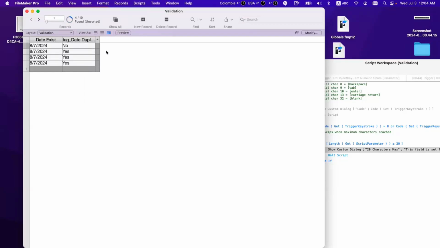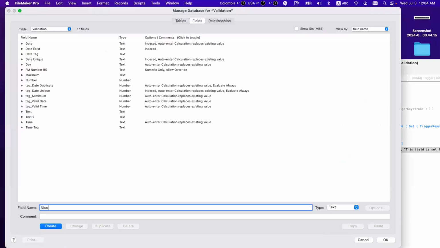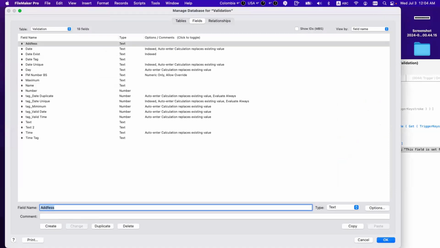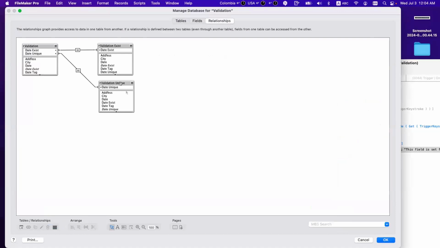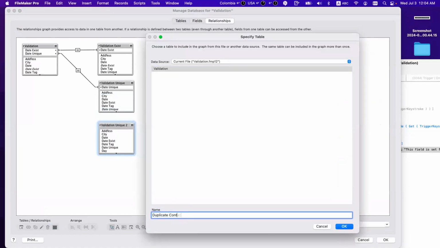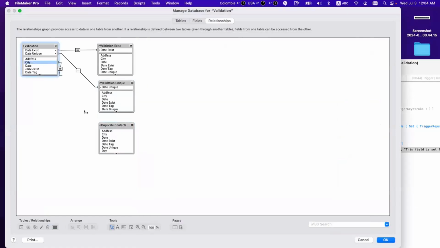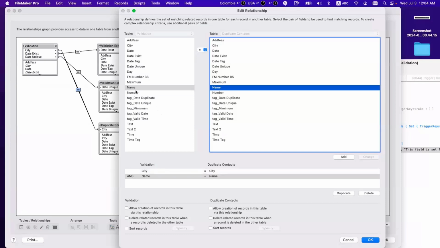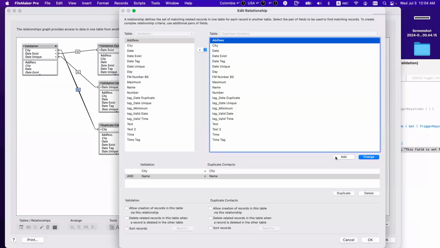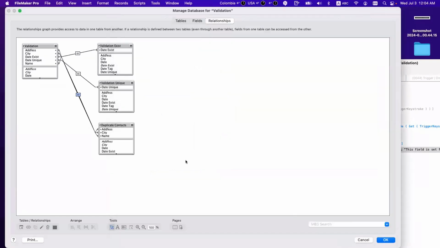For example, I have a real application. Let's say you have name, address and city. And you want to know if everything with the same city, the same name, and the same address is the same, that means it's a duplication.